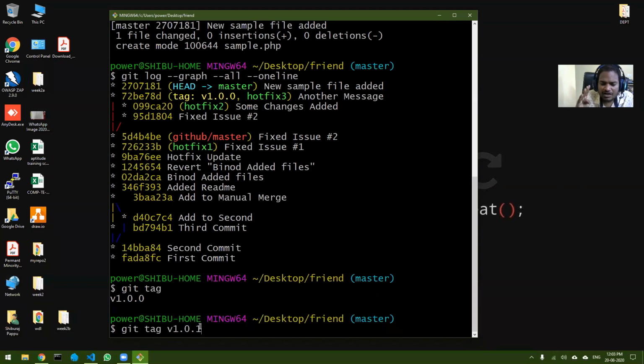Now when does the first part change? Now this part changes when there is a major release. A major release is when there can be a breaking change. Breaking change means your old software is not compatible with the new software.